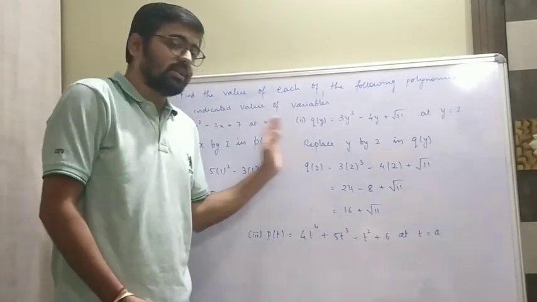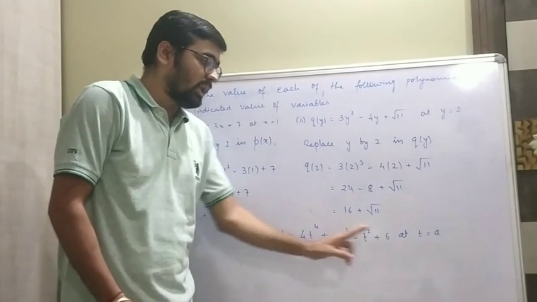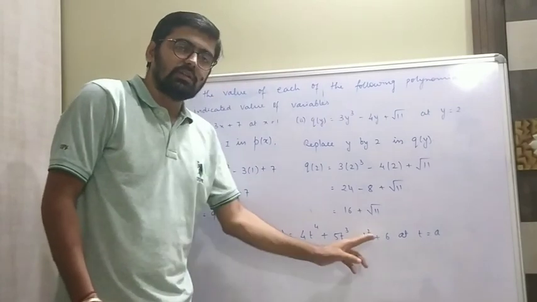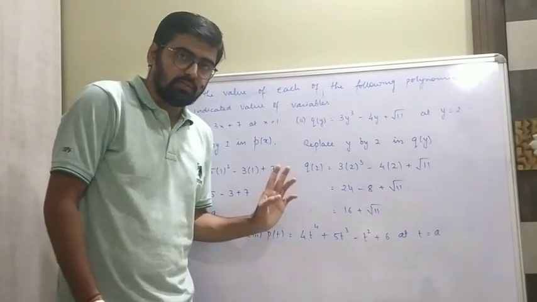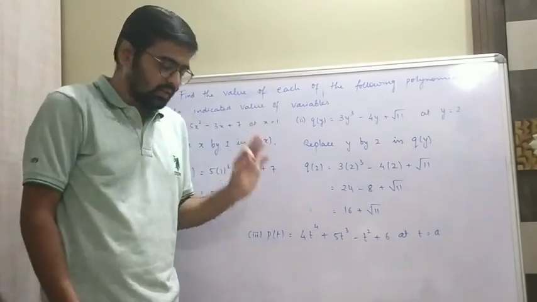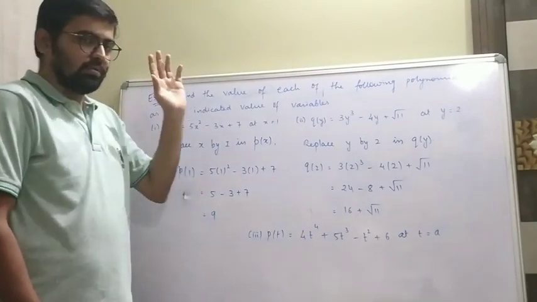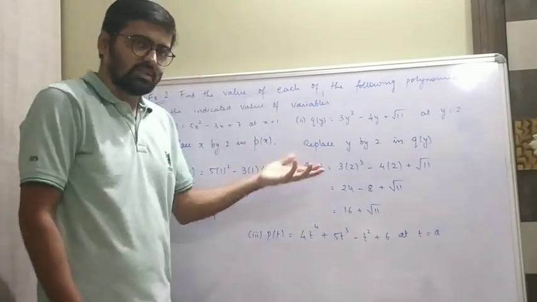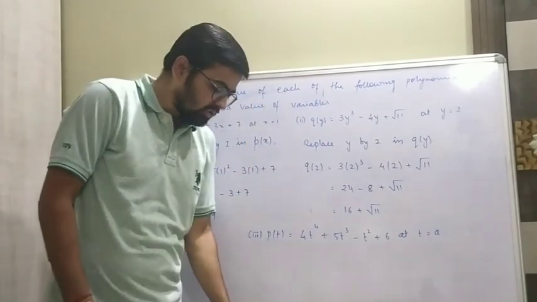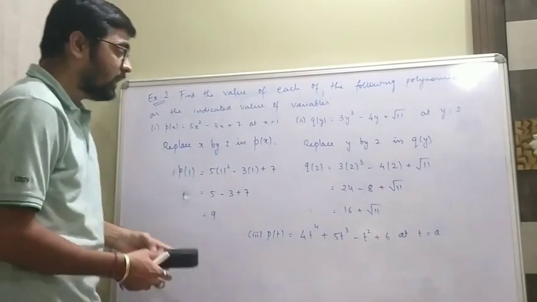So again the concept will remain the same. We want to find the value of this polynomial at t equals a. So I will replace everywhere a instead of t. That's the simple task we are supposed to do. Nothing more than that. Simple. So I hope everyone is clear with this. So pause the video, take a screenshot or note down the things written on the board. We'll move forward towards the next example. Correct? So let's have a look at example number 3.